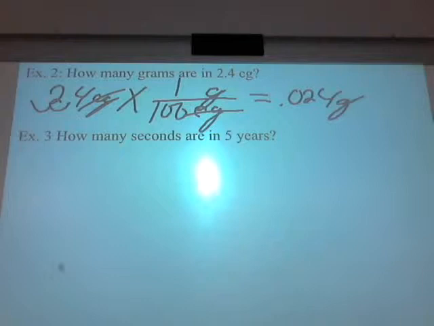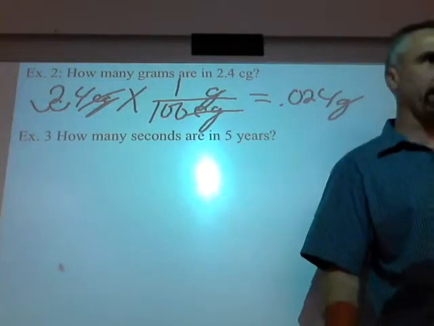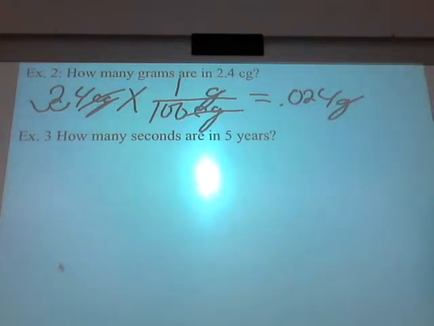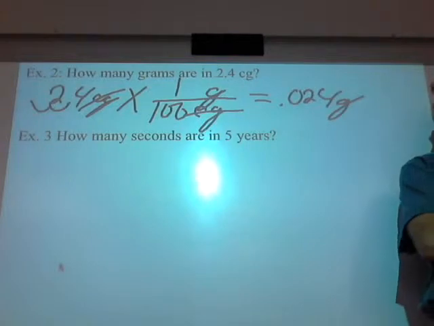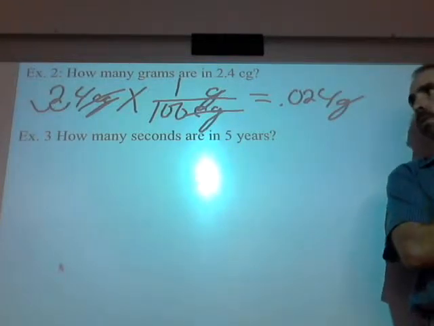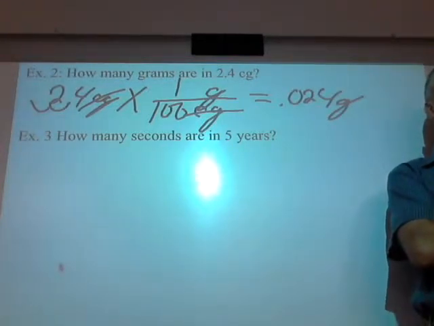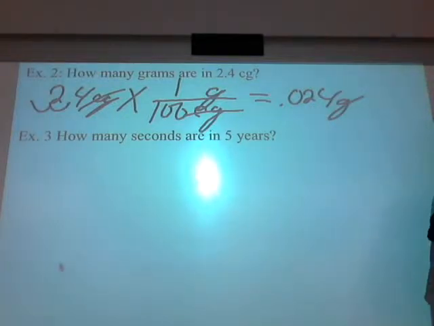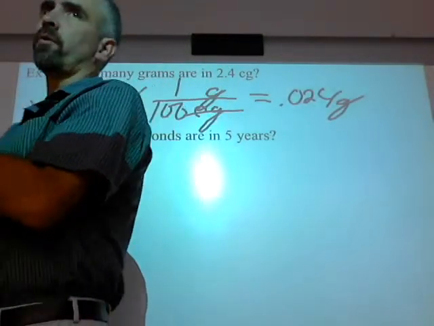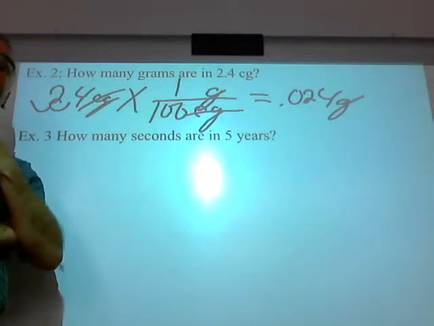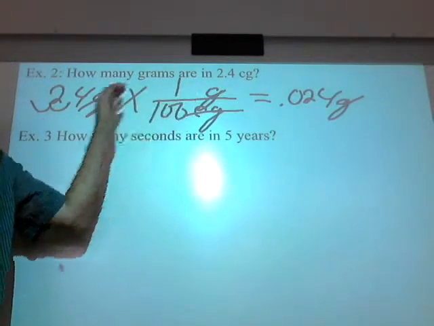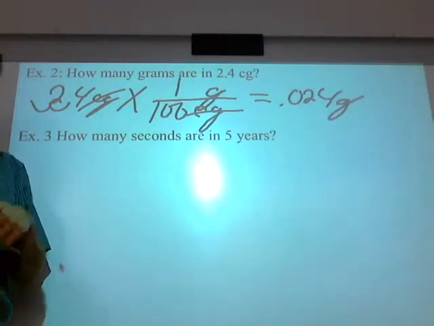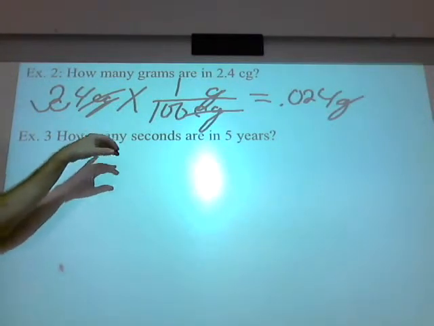Now, there's no way you could have done that by your old method of moving the decimal place and counting spaces, is there? You can't do that. This is the main reason I'm teaching you this method. It has very little to do with the metric system. I want you all to hear this. I know you could do the metric system faster and get just as many right by memorizing the way you used to do, just counting spaces. I know you could. But you couldn't do this problem.